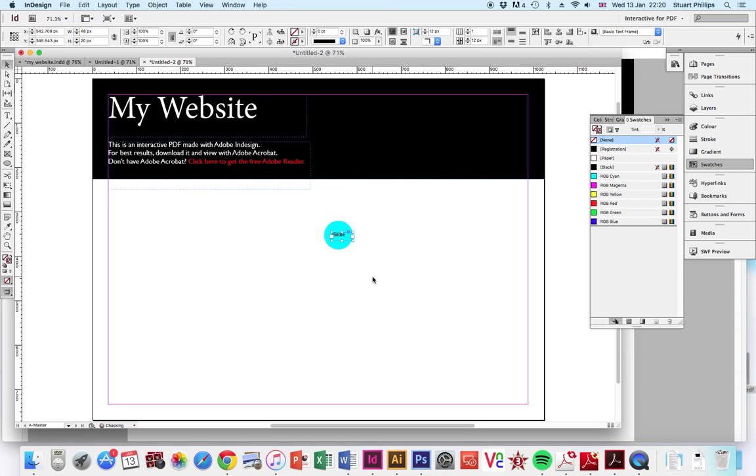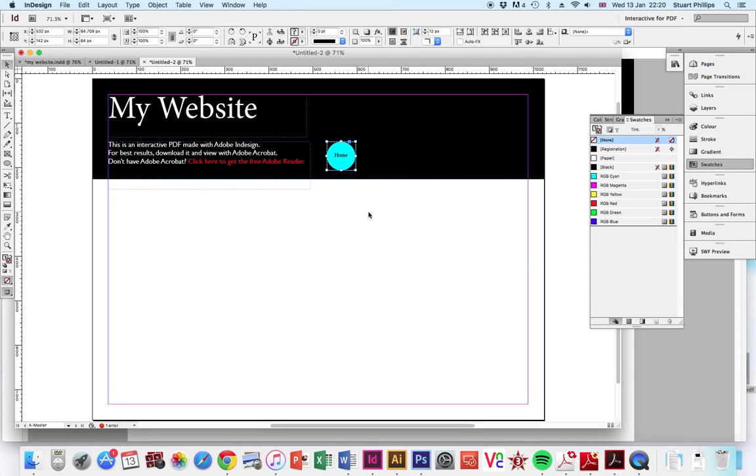Because once it's a button, we can't really go back and change it because it's looking at the areas that you're going to click in, and I'll show you that in a second. So if you go wrong, you just need to recreate the button, but I can help you with that if you get stuck. So very simply, I'm going to highlight that. I'm just going to group those together so it's one item. So that's going to be my first button, and I'm just going to stick that up there, keep it in line,